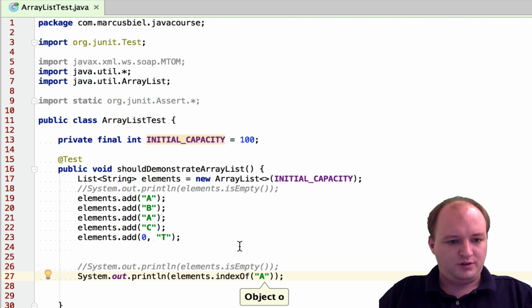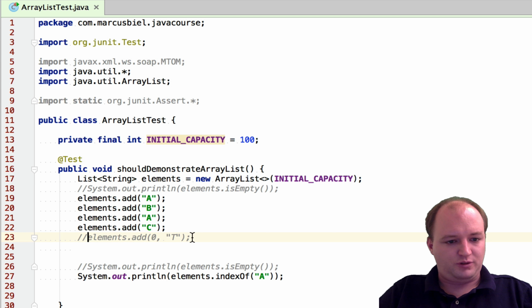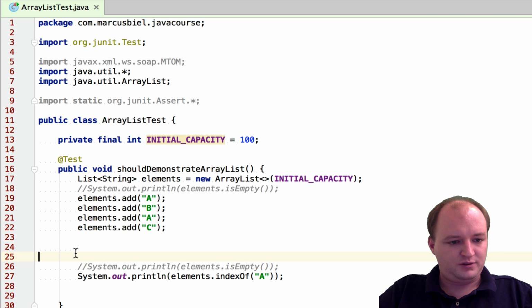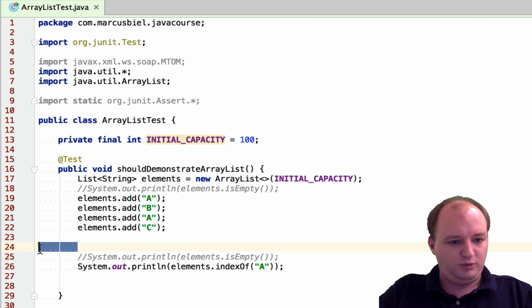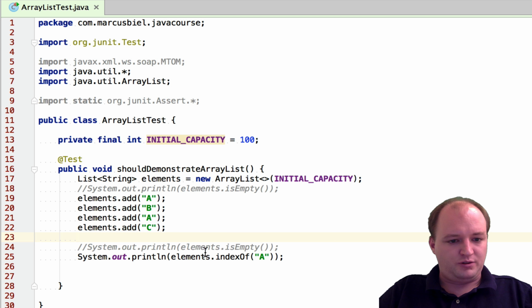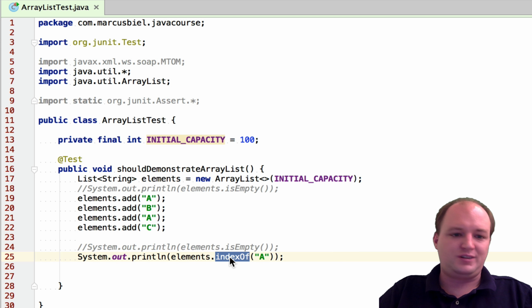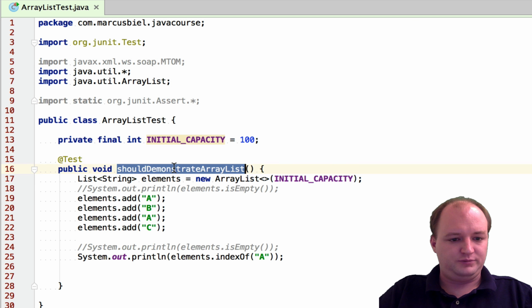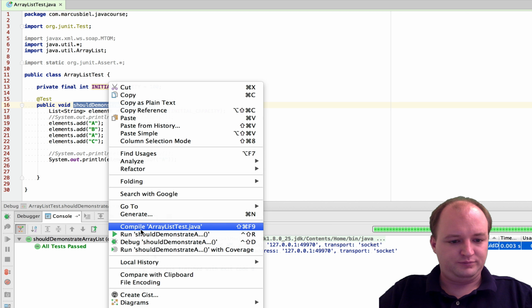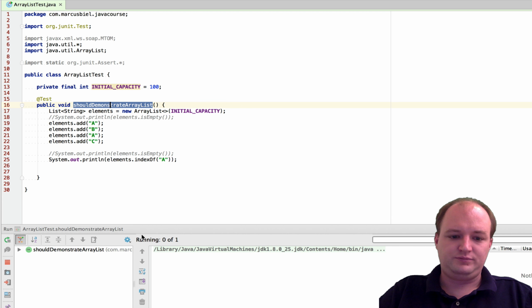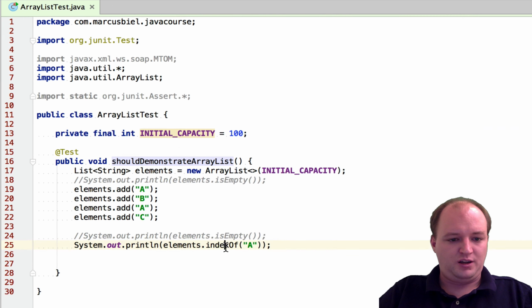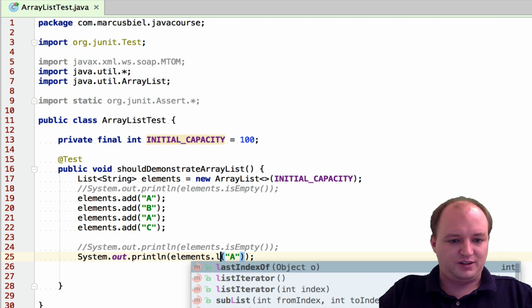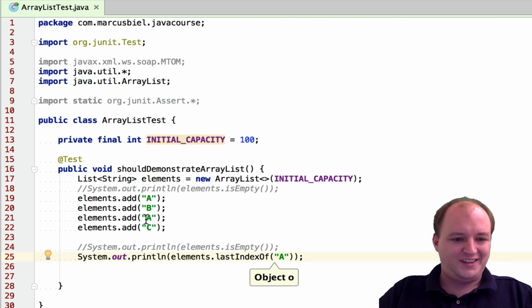Maybe we should remove that to not make it too confusing, to keep the a where it is. So now index of gets you the first index of an element. So I would expect that to be 0 now. Let's see this. And there you see 0. And we can also say last index of, which should be the second a. Let's check that.